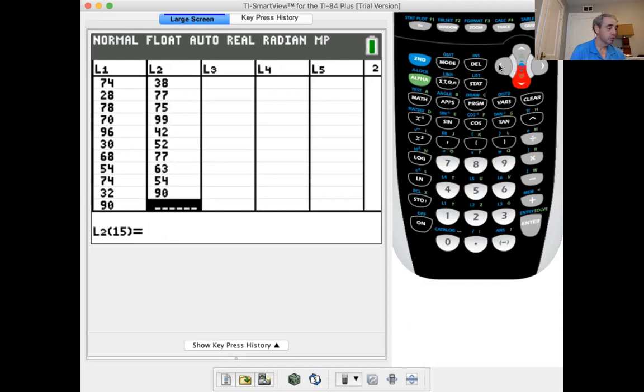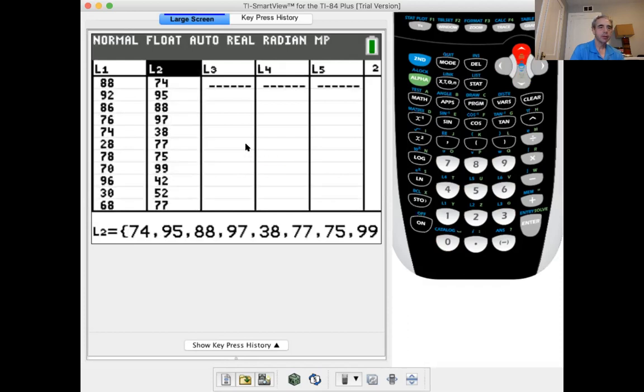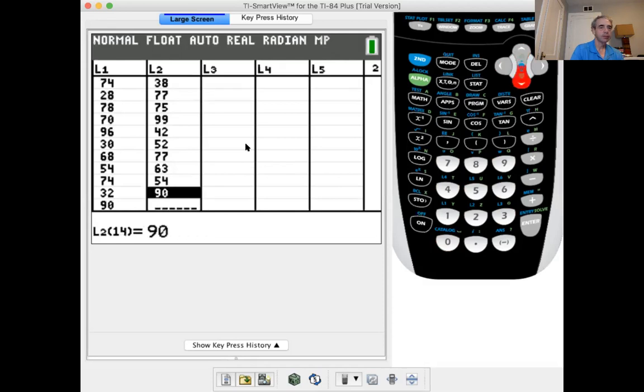And notice I missed one, so I'm going to go back and try to find it. But it's always good to double check your numbers. See if I can find it. Whoops. So 74, 95, 88. I had two 88s in a row. That's what usually happens. 88, 88, 97,